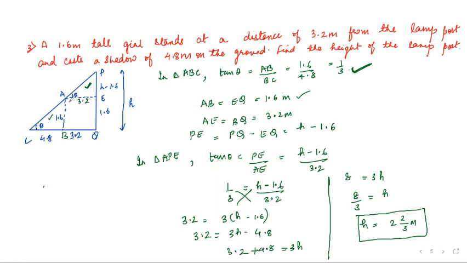Here the figure was given, so it was easy. But not necessarily would you be given the figure everywhere. But if the figure is not given, you can just read some part of the question, simultaneously draw the figure, then read the other part and then draw the figure. It will be easier to draw it simultaneously.